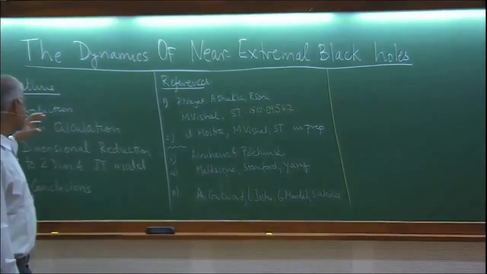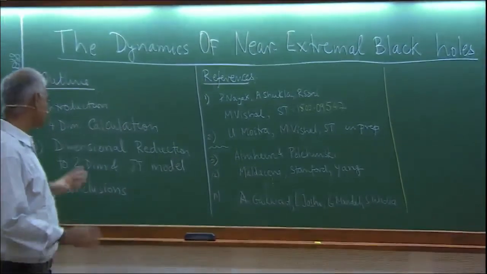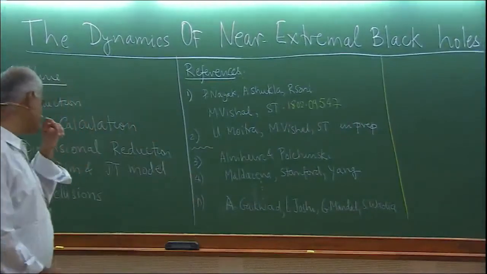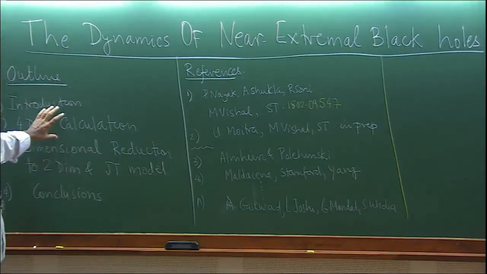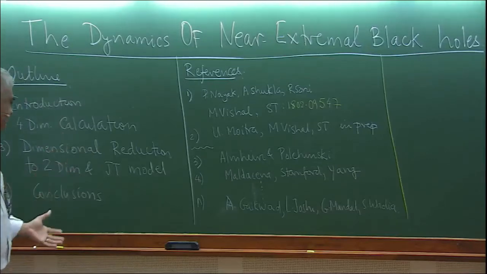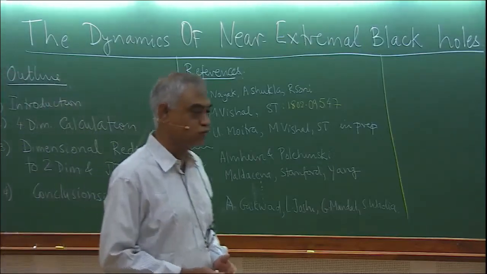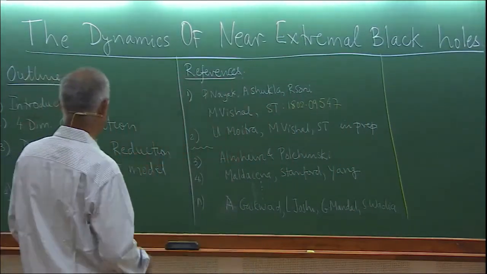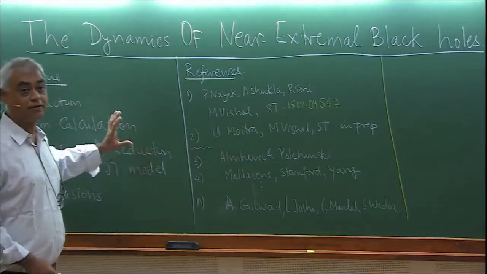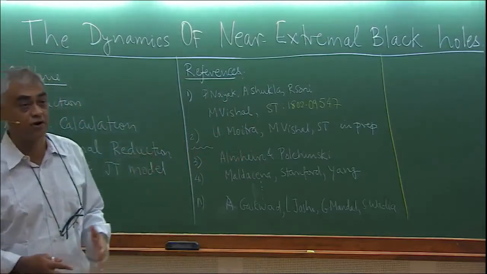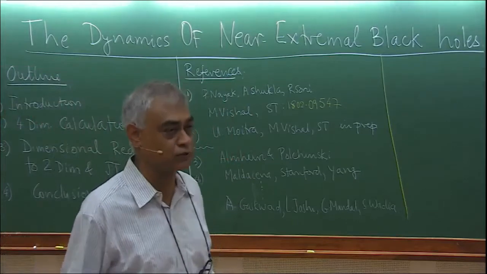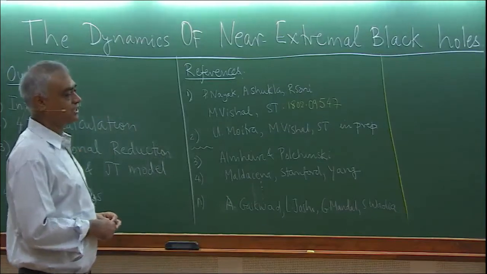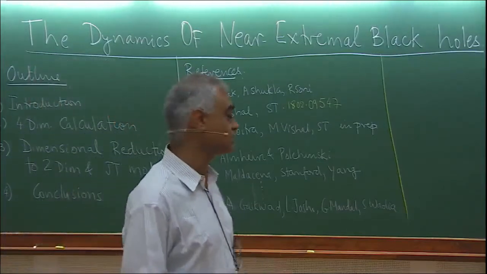And therefore, it will be quite natural to try and understand the 4-dimensional calculations from a 2-dimensional perspective obtained by dimensional reduction. And what we'll find is that quite generally, the 4-dimensional system will map to a well-known 2-dimensional model of gravity, the Jackiw-Teitelboim model, with corrections. But we'll argue that for the purposes of interest, the corrections are not important at low enough energies and close to extremality. So in fact, quite generally, the model will map to the Jackiw-Teitelboim model,